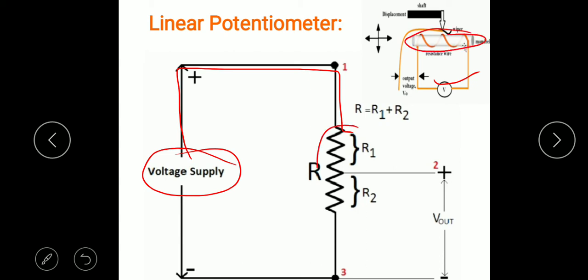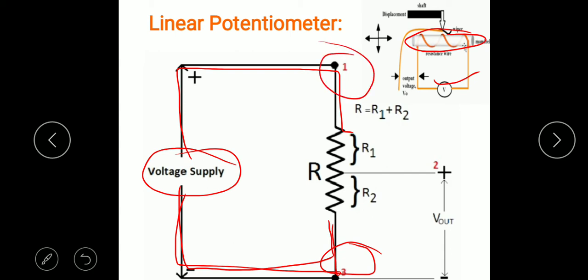So that resistance is shown by the symbol. So the total resistance of the circuit is R. Okay, and the next wire terminal is coming back to the initial one, or we can say the negative terminal is connecting to the resistance, and the name of this terminal will be number 3, and the positive terminal related part we will consider as a number 1.